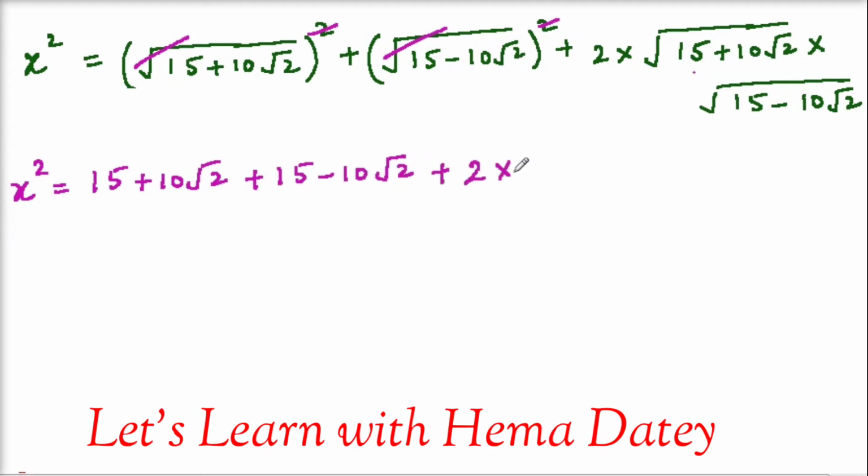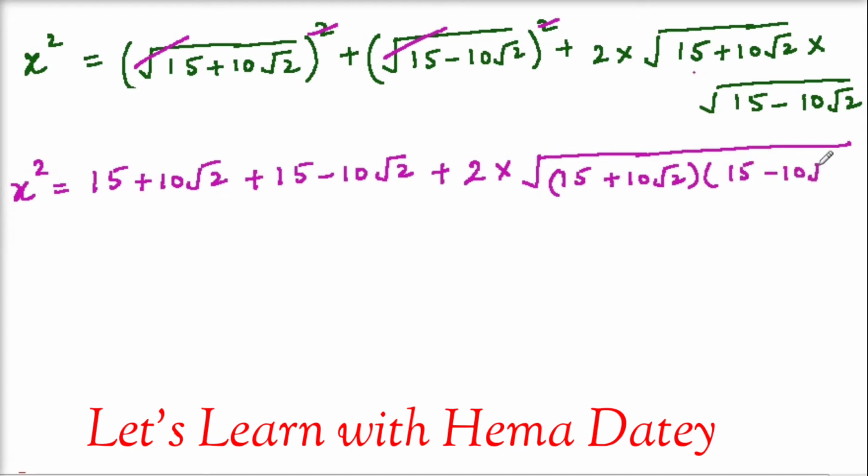2 times, we can write both the radicand parts under one radical sign because both the surds have the same order, and their order is 2. So under the common radical sign, we can write 15 plus 10 root 2 and in the other bracket 15 minus 10 root 2. In the next step, we'll get x square equals to, you can see on the right hand side some terms are equal with opposite sign and can be cancelled. So minus 10 root 2 and plus 10 root 2 will be cancelled, and 15 plus 15 will give us 30